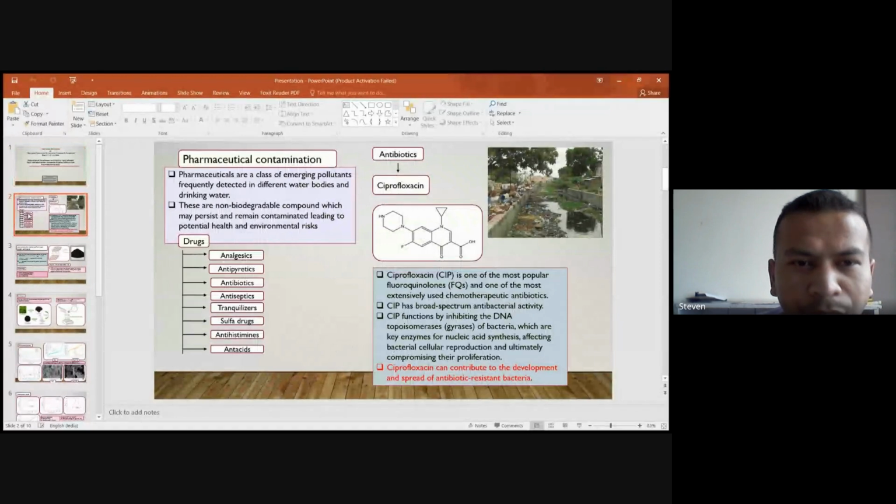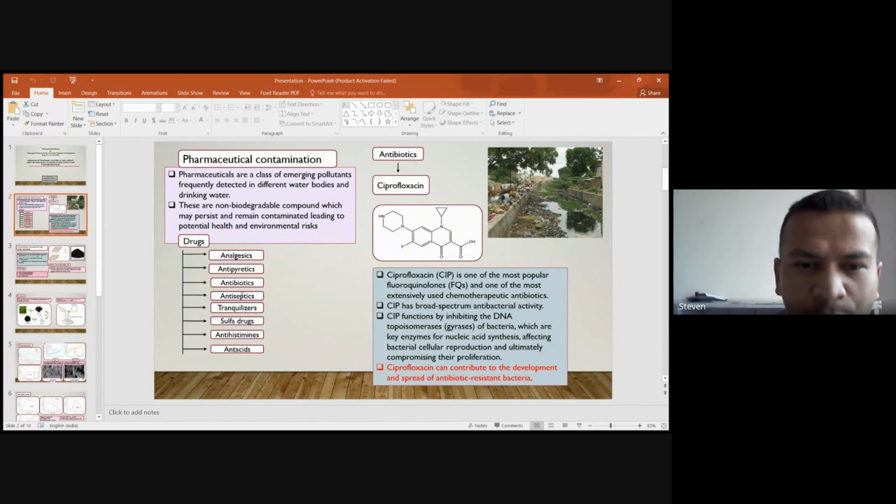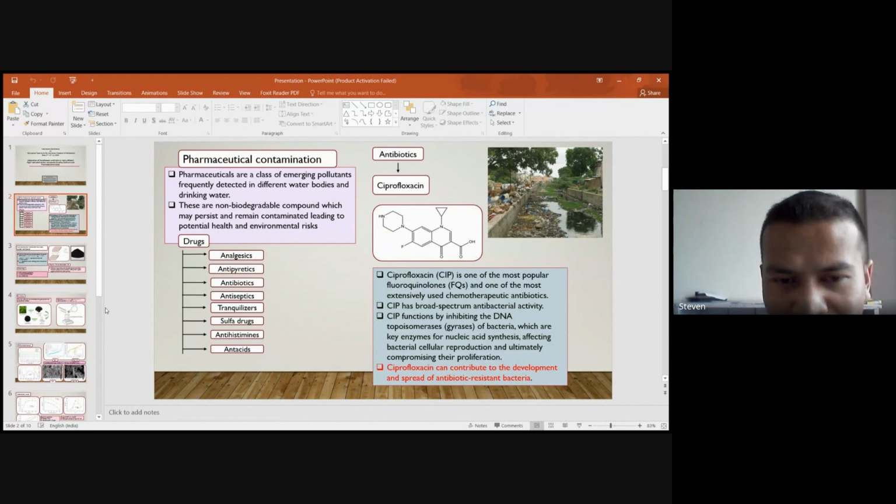Now, we know that pharmaceutical industries are growing all over the world. So here in our work, we are trying to remove the antibiotic ciprofloxacin, because when present in wastewater, it leads to the development and spread of antibiotic-resistant bacteria. For this purpose, we are going to use an adsorbent known as magnesium aluminum LDH, composited with activated